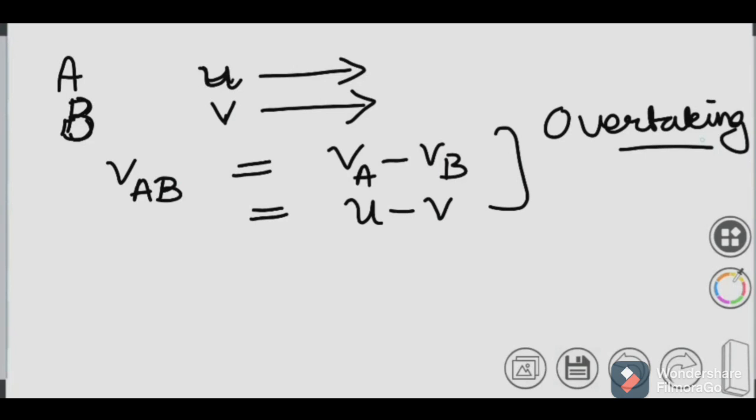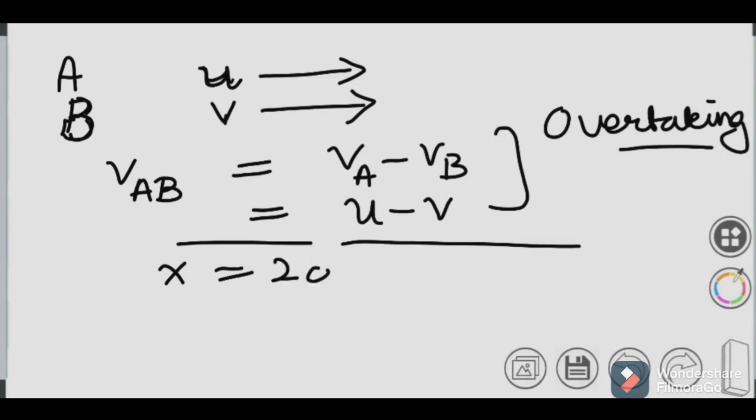No, I'm talking about the overtaking case. A train can overtake another train only when they are traveling in the same direction. When they're coming from opposite directions, then we say that they have crossed each other. Okay, yes ma'am, I was talking about crossing. Yeah, I could understand. So in the overtaking case, we will take the relative velocity as u minus v. The distance obviously remains the same. The distance traveled becomes 200 meters.